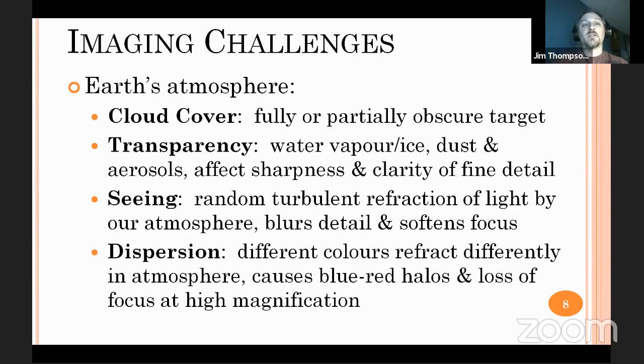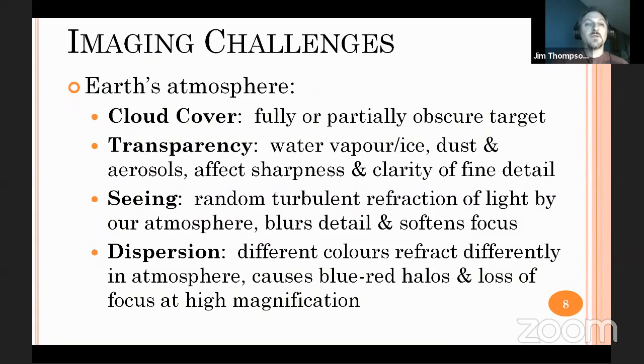Another effect that we don't often talk about is something called dispersion. So the Earth's atmosphere acts just like a big lens. As light travels through the atmosphere, it diffracts slightly, just like light going through the lens in a telescope, and it bends and changes the direction of the light differently depending on what wavelength it is. So as a result, you can get